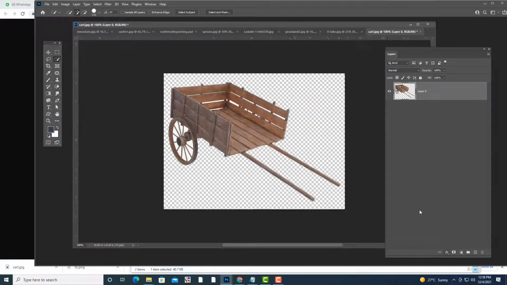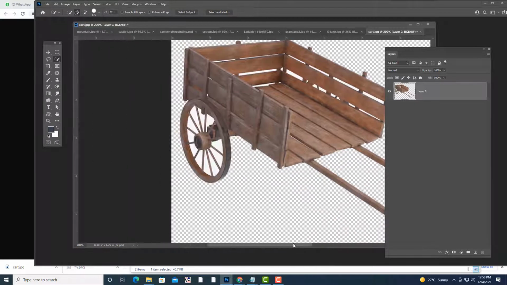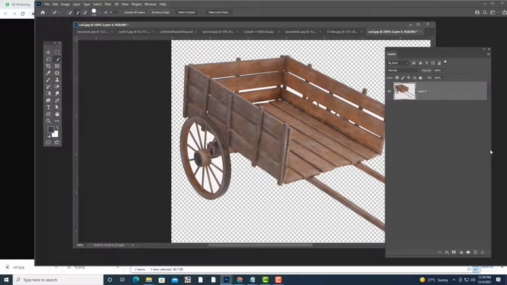Color range, but there is one problem with color range actually, because there is white color even on the cart. See, there is white color on the skirt also. So how we can remove that white color? Let us see with color range first. Okay, if possible, let us see.